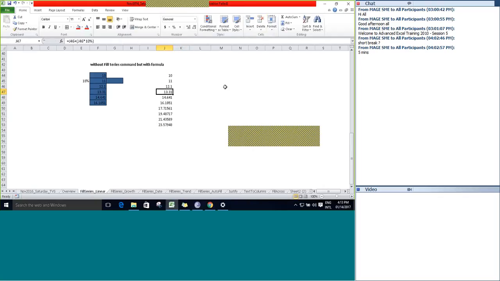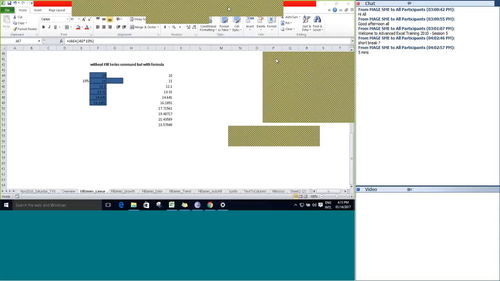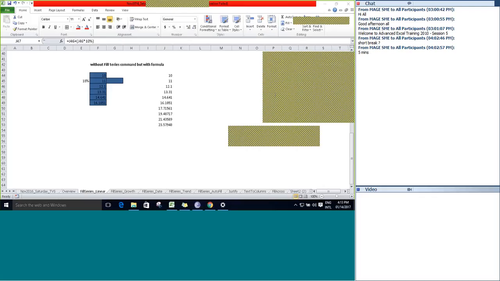So able to follow this now, the percentage concept in a linear? Exactly, it is 110% of the previous value.